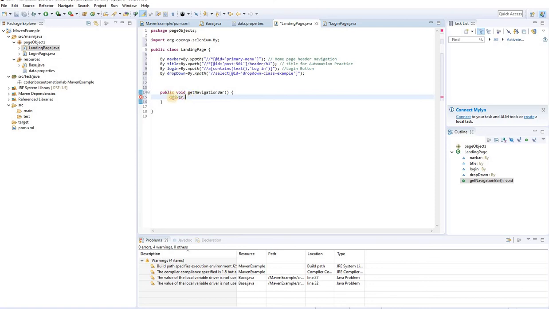So it's not available because we didn't declare the driver here. This class doesn't know anything about this driver, so we have to declare it. We have to assign the actual driver to this local driver. To do this I have to create